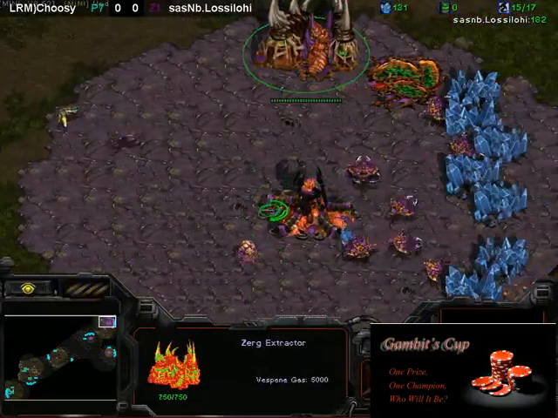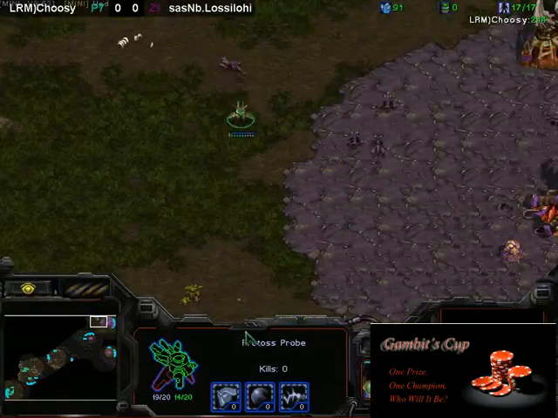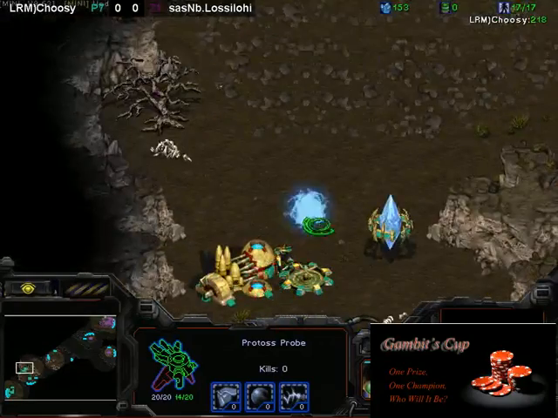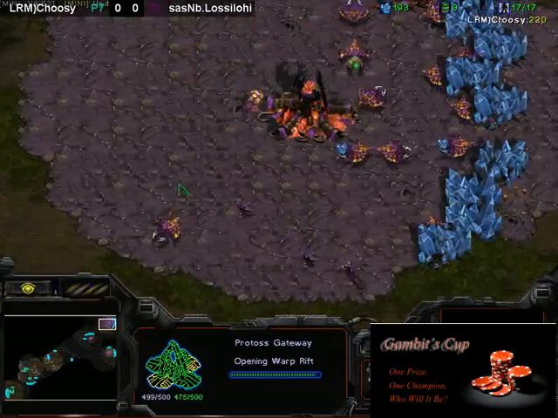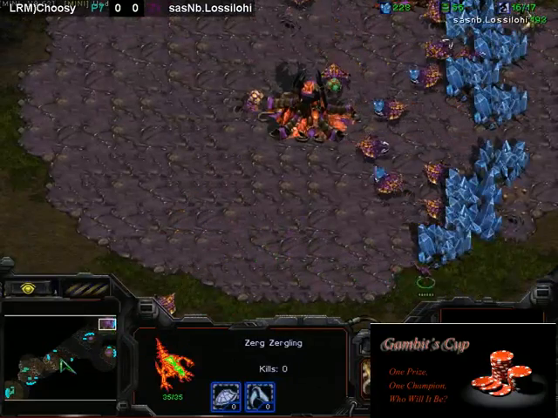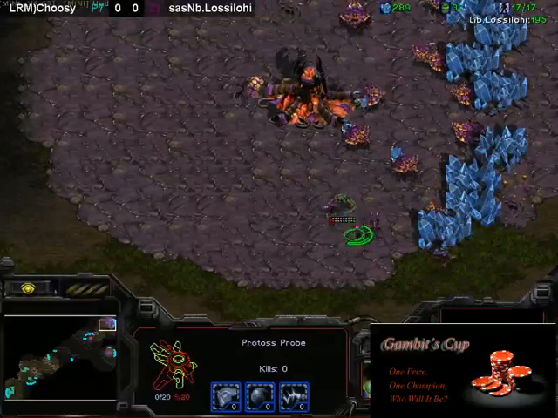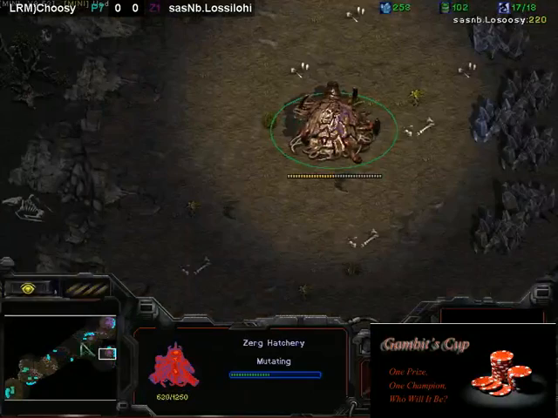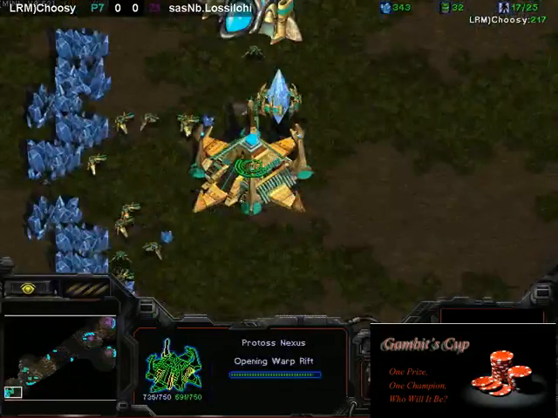Now I'm interested to see if Lossilohi goes for any kind of Hydra Bust, as that does seem to be popular in ZVP on this map. The choke is not too wide. It's kind of wide-ish. You have space for Hydras. Of course, it is a 2-player map. You can just rally your dudes over pretty easily. I don't really know why Hydra Busts are so popular on this map. I mean, it's not bad for them, but man, we do see it a lot. Anyway,